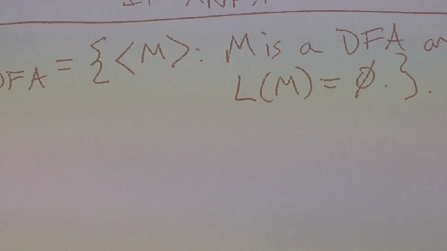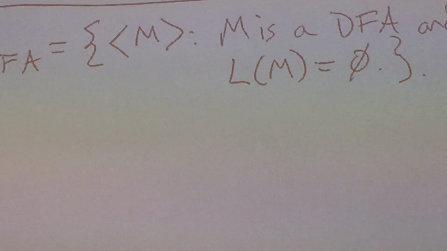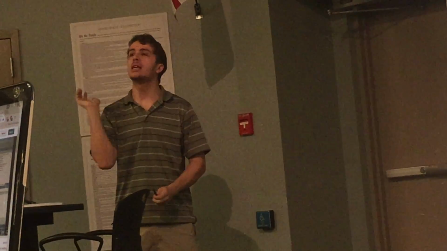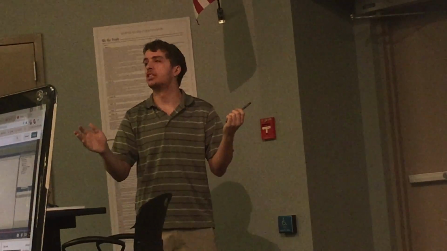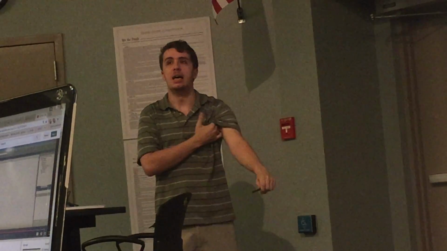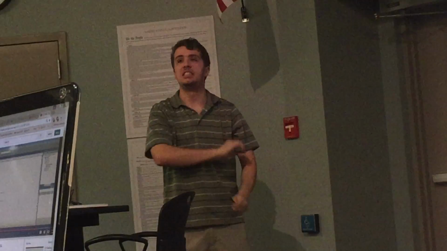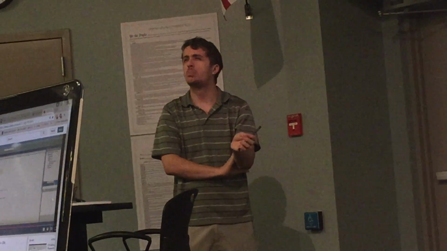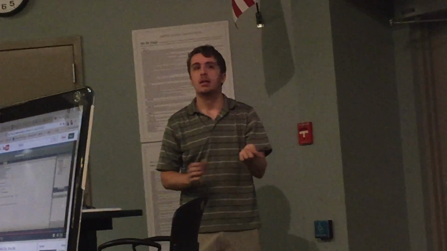So I want to be able to show that checking whether the language of a DFA is empty can be done in a finite amount of time. And so you may say, well, just keep testing all the strings, and then check if every single one said reject. If any say accept, then we should say that it's not empty and therefore reject. What's the problem with that approach? There are infinitely many strings. So I need another way.